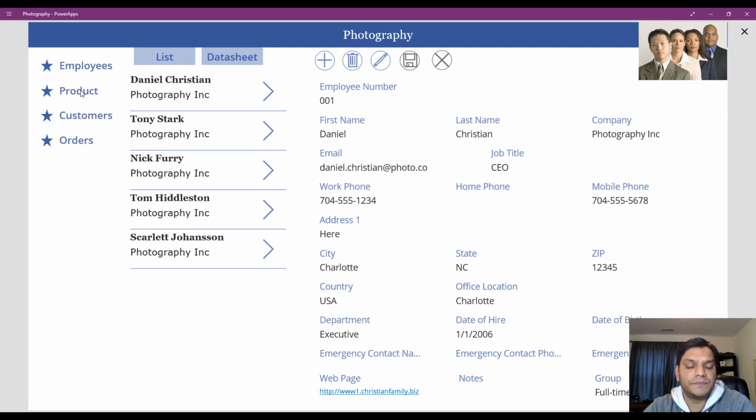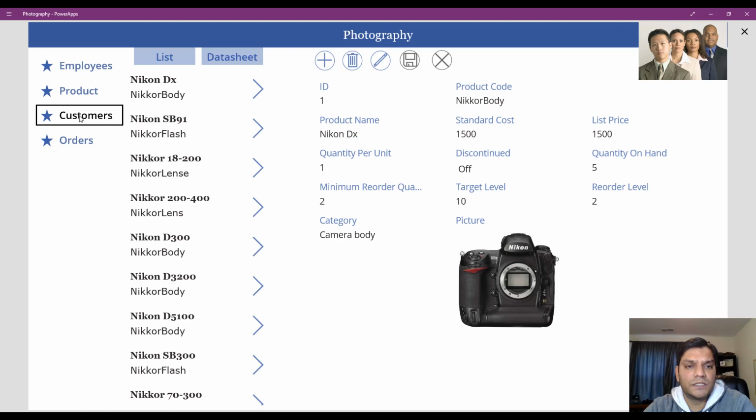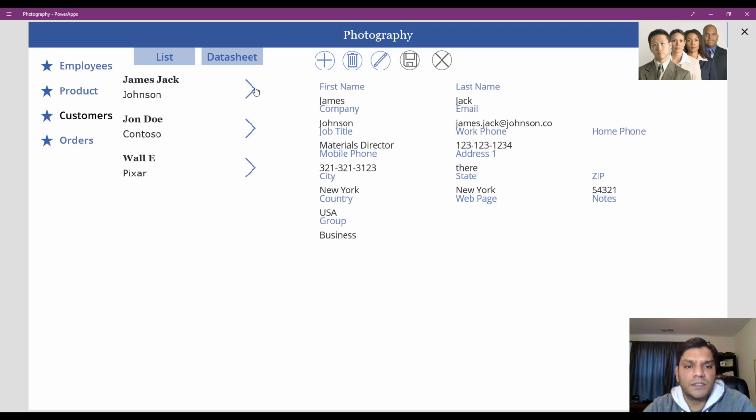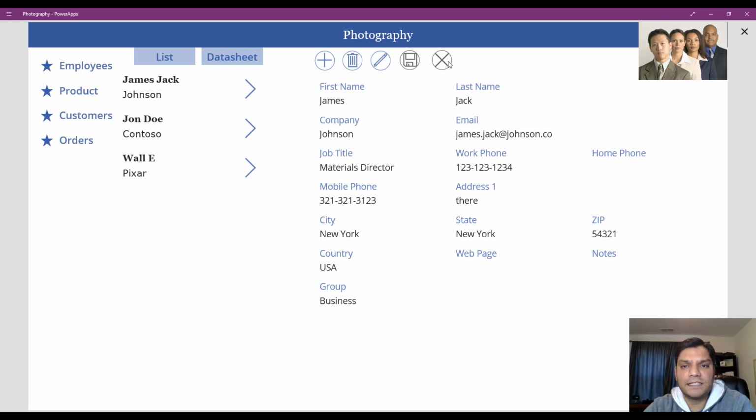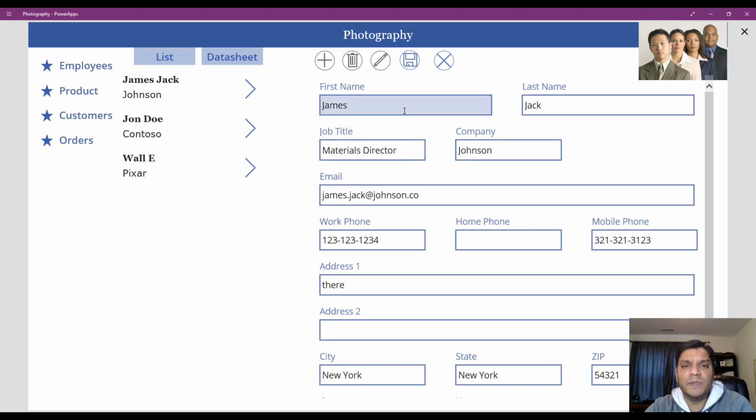Let me go to products. Actually, we can even take customers, either one of them. Let's go to customers. In the customers, same thing. By default, the cancel and the save are grayed out. But when I go to say add, or in this case edit, you see how the save and the cancel become active, and the other ones get disabled. So that's basically the whole concept of how I was able to migrate from Access apps to